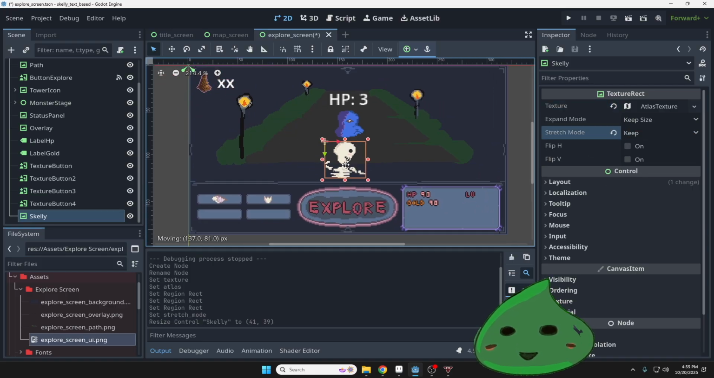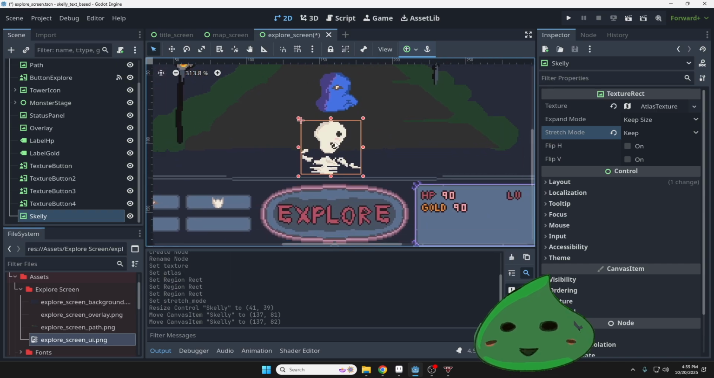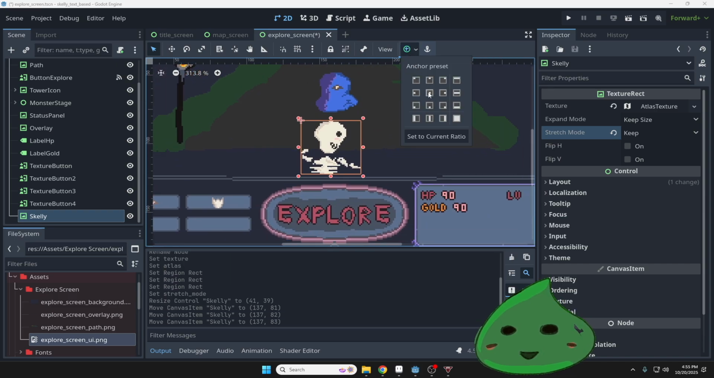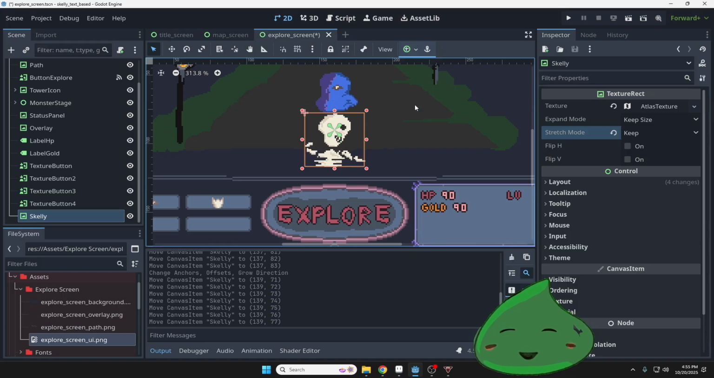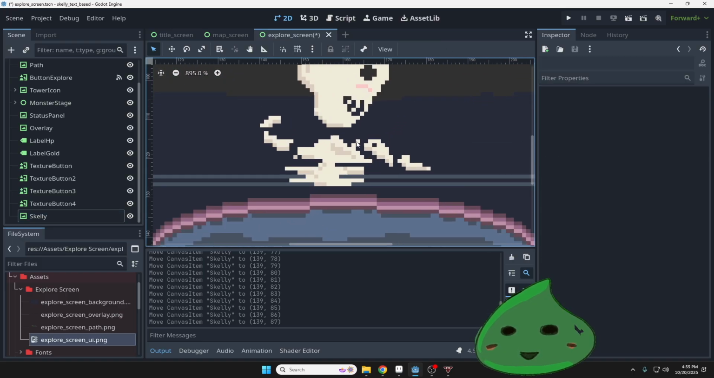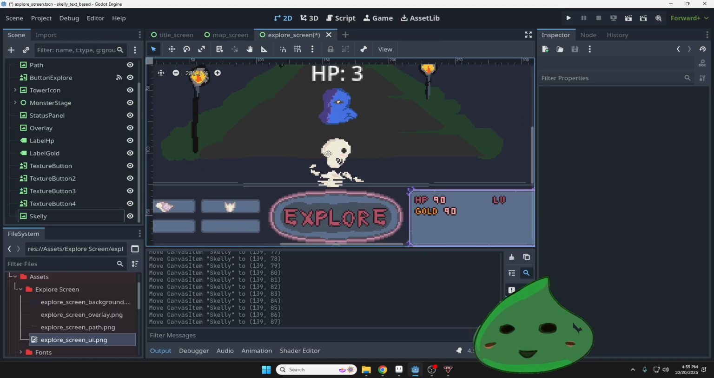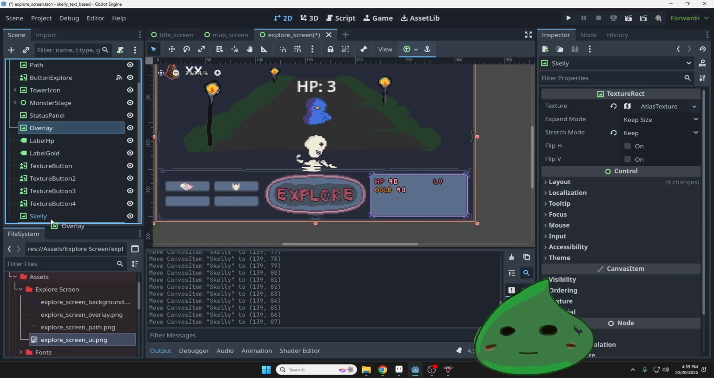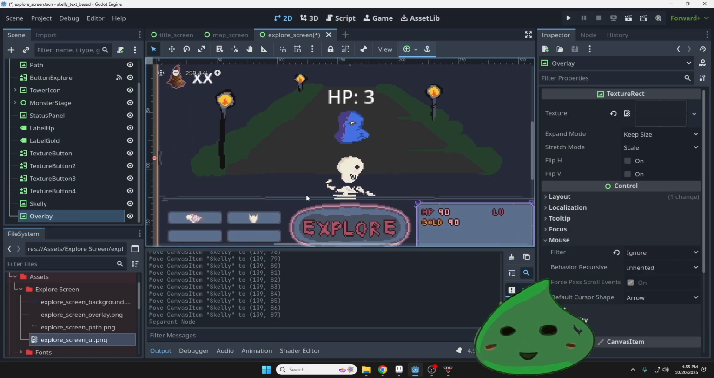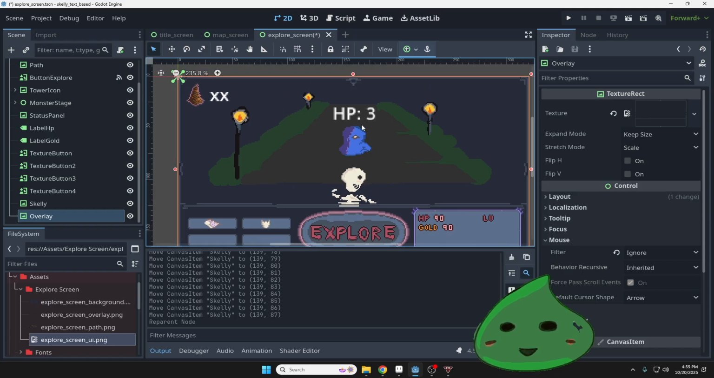And then I'm going to drag him all the way down, and then I'm going to use the middle anchor preset. Press escape and then use the arrow keys to line them up after that. Something like this, I think, works for me. And what I'm going to do finally is take the overlay and bring it all the way down. And so now Skelly is behind the overlay, looking at the monster